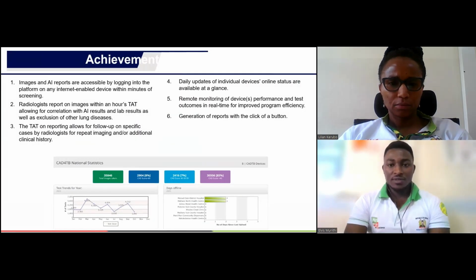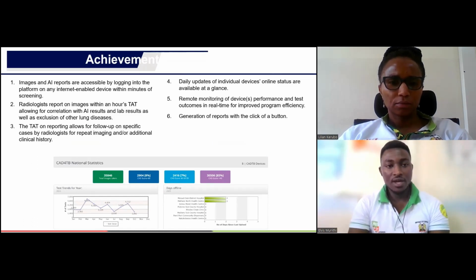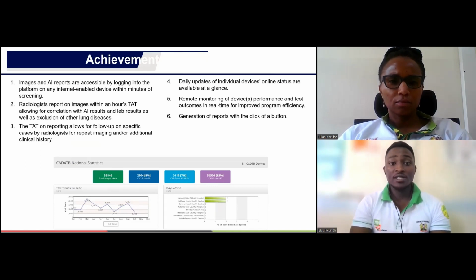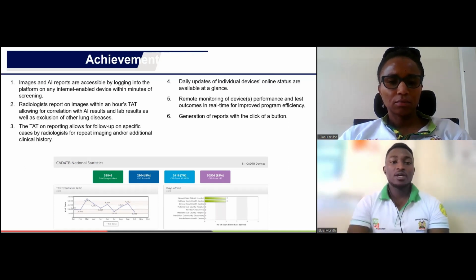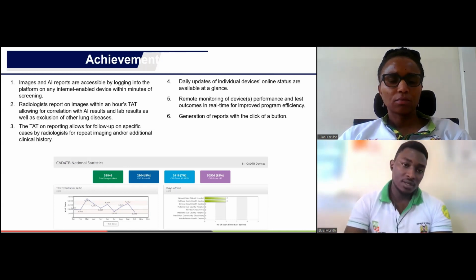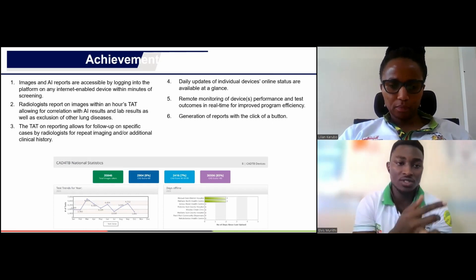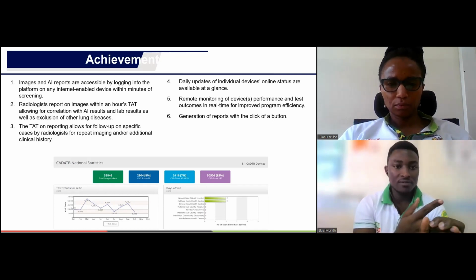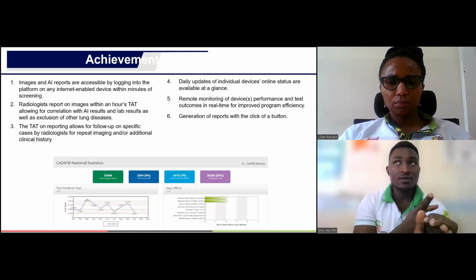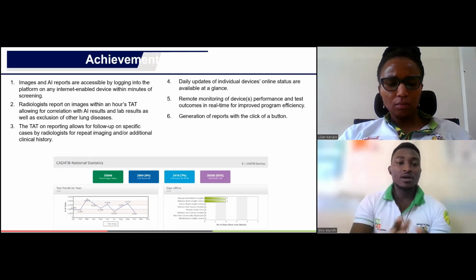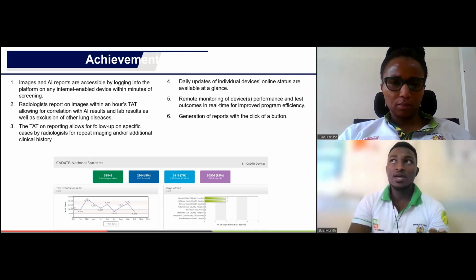So what have you achieved with the TIBULIMS system, or just from the integration with the CAD4TB? We've seen that the images and the AI reports are accessible within a click of a button from wherever you are, and therefore a radiologist is able to give the best radiological report based on the history of the patient that we collect, the screening questions, the triage information, and of course later on within the system we've been able to incorporate the aspect of